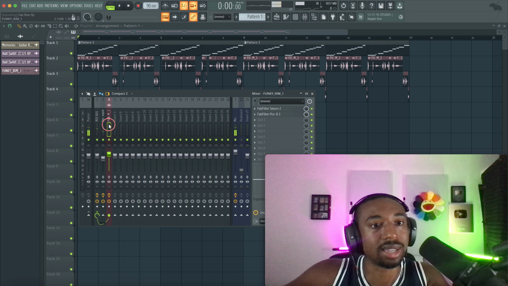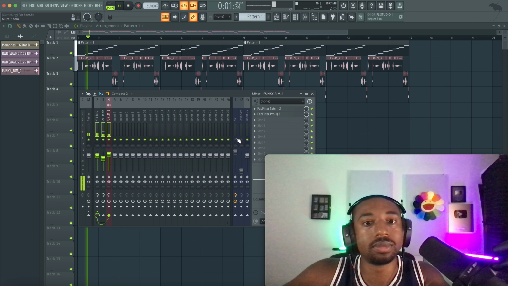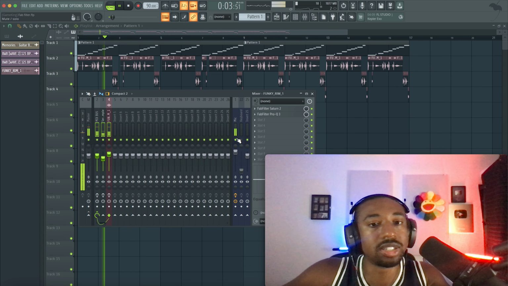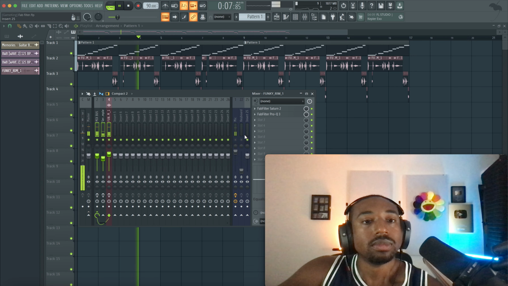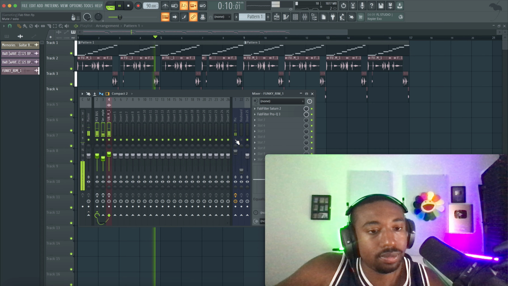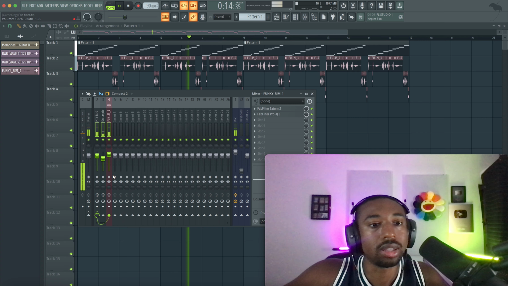Okay, so now the mix has like a density, it has an identity. Let's do before one more time. It just feels very thin and hollow. All right, let's turn the effects back on.